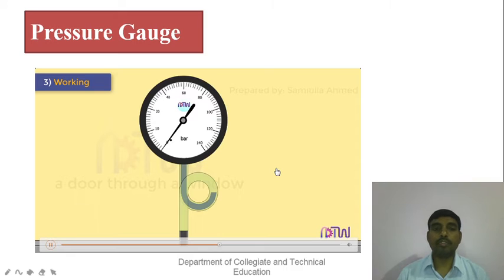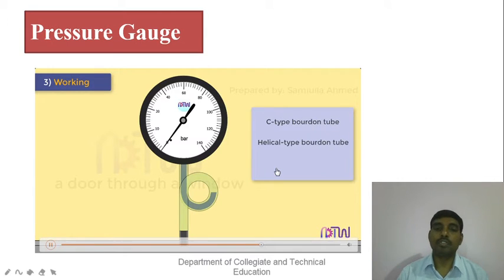In real-life applications, pressure gauges are mounted with a siphon tube. A siphon tube is a simple device used to protect a pressure sensor from high-temperature media, such as steam. It can also be used to reduce the potentially damaging effects of rapid pressure changes. When first installed, the siphon should be filled with water or some other suitable separating medium. This medium continuously remains in contact with the Bourdon tube. Bourdon tubes are generally made in three shapes: C-type, helical type, and spiral type.